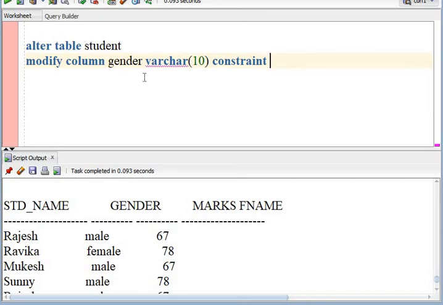We may be having multiple constraints of a similar type within the same table. Like when I am applying a not null on gender, the not null may also have been applied on the student name, and maybe on marks or the father name also. So which particular not null we are talking about, that is to be identified by using these unique names. So I want to give this, let us say, GCK, that is the gender constraint, for this constraint which I am applying on this gender, and the constraint is not null.